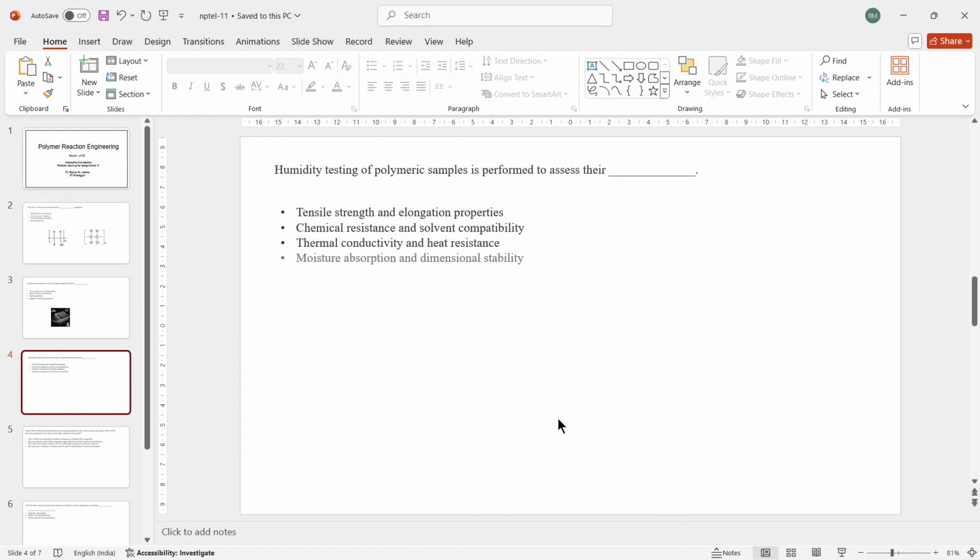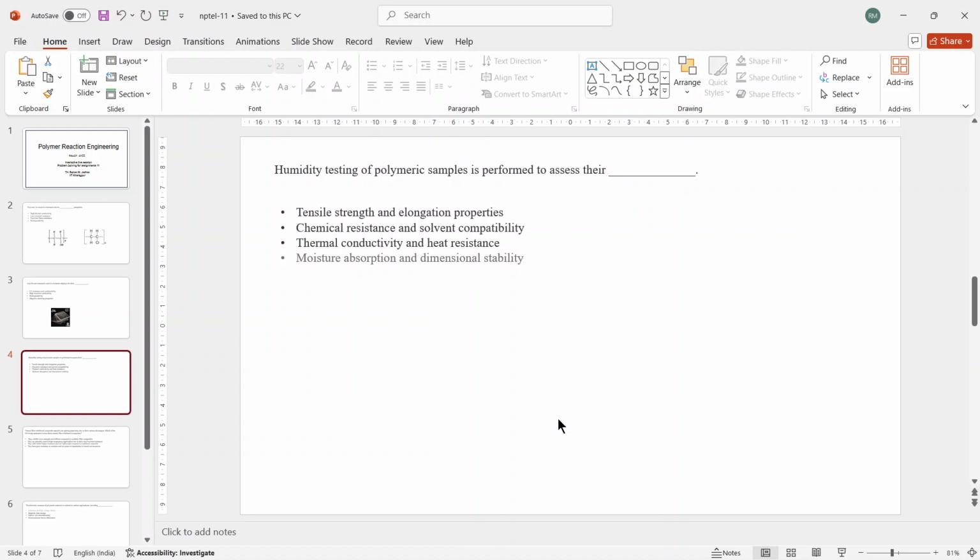Why? Because moisture absorption can be a big problem. For example, you have polyamide 6, PA6 or nylon. Nylon absorbs water, so you cannot make any kind of product which is near water using nylon. For example, if you want to make water pipes, you cannot choose nylon because definitely the water will be absorbed